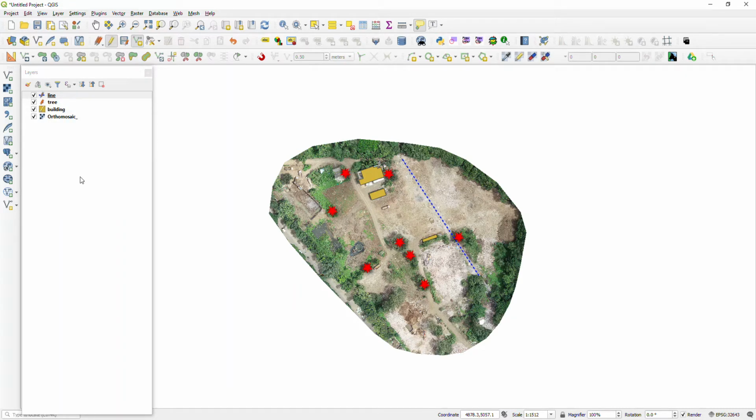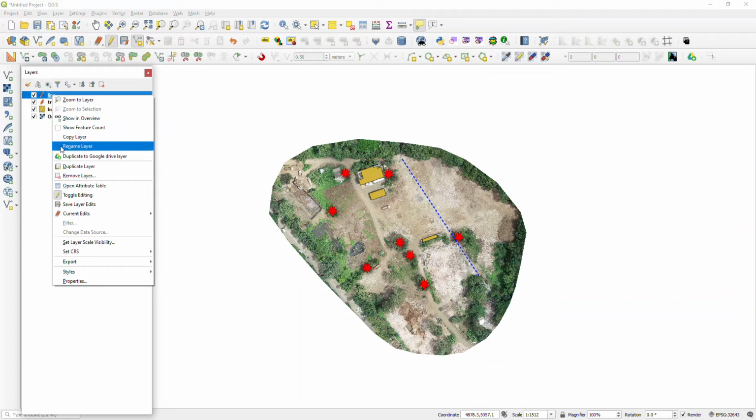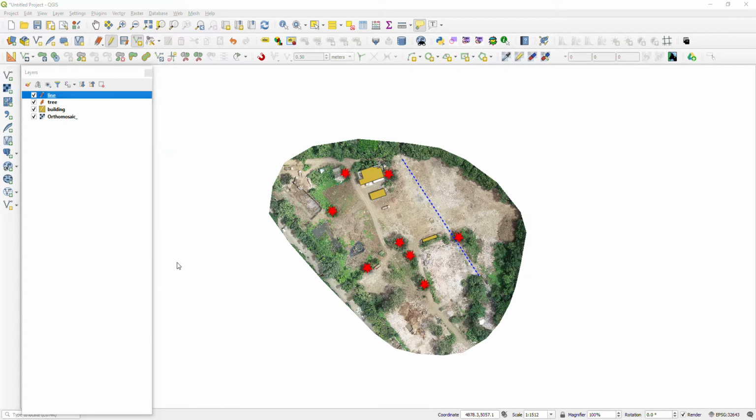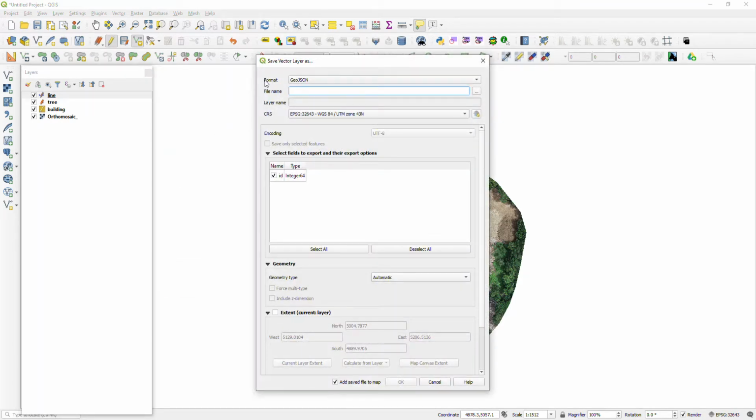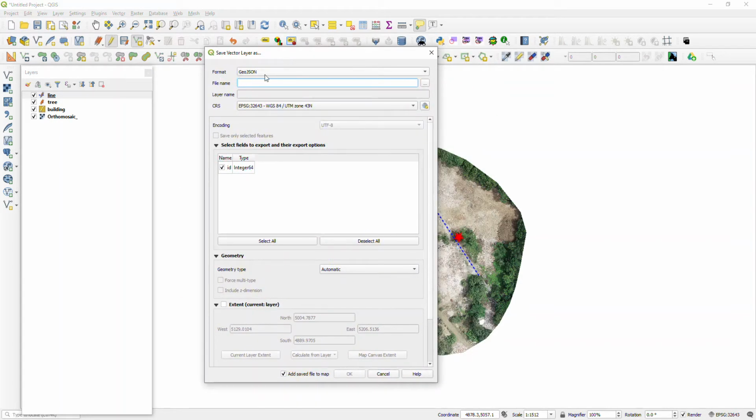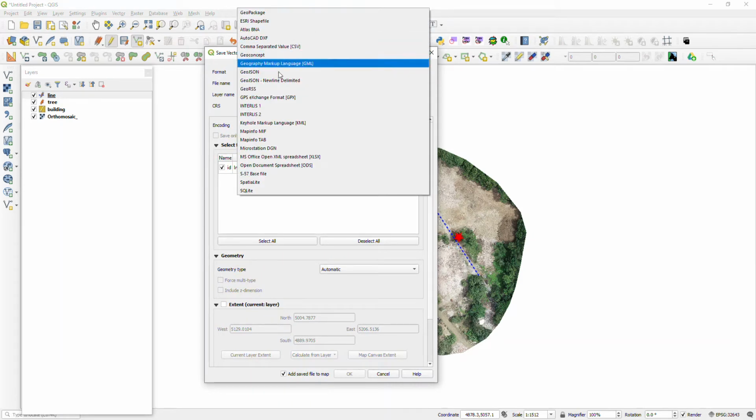For converting the shapefile into GeoJSON, right click on any layer, click on export, and click on save features as. Watch the format drop down, where you can see a lot of formats. There itself you can choose GeoJSON.